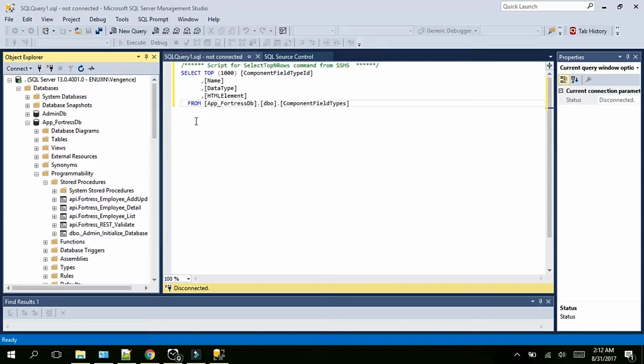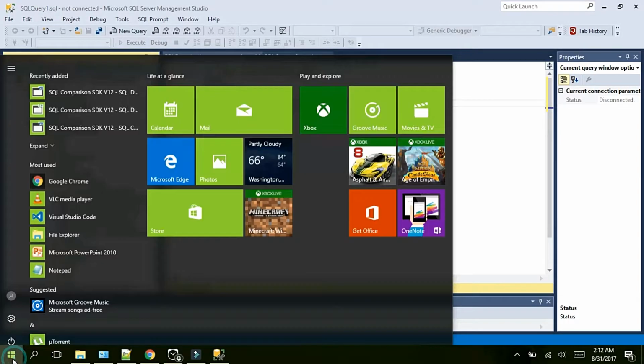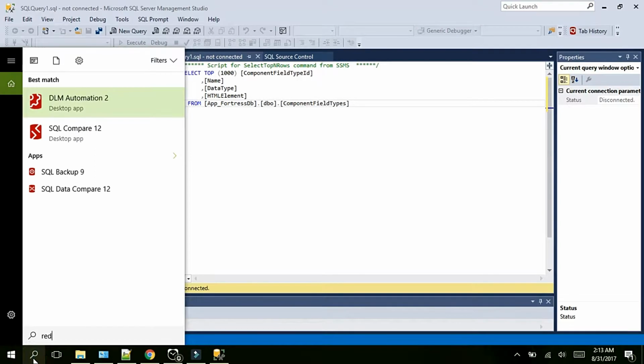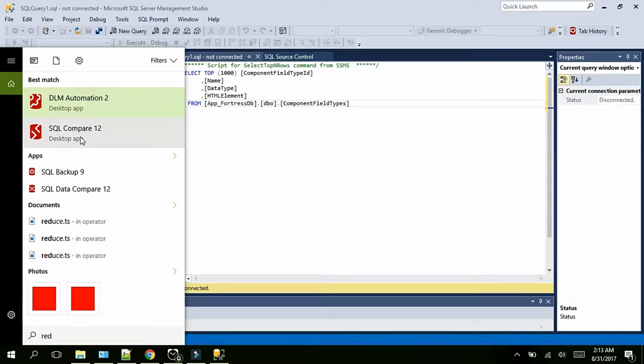Okay, so RedGate is basically a tool that a lot of database administrators use in order to migrate data and schemas between different servers. I think it's probably the leading and most popular tool as of August 2017. So if we go to RedGate, which I have installed right here,